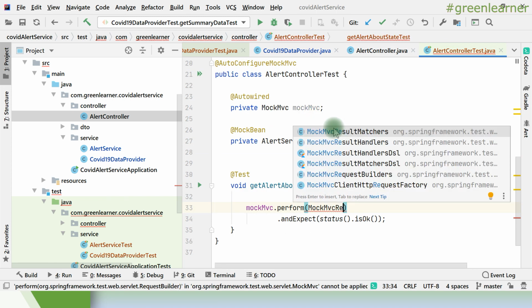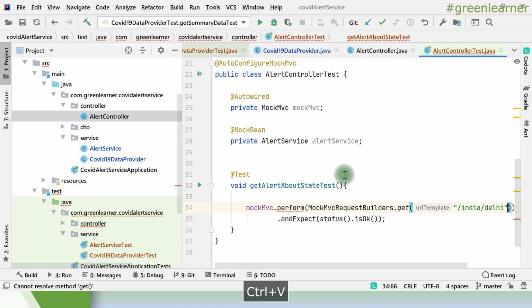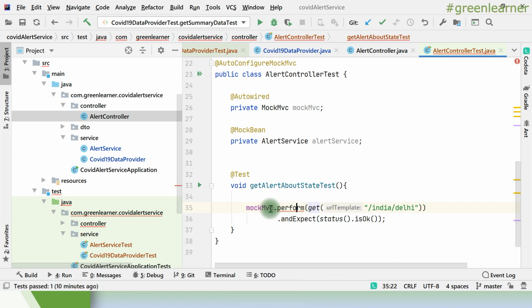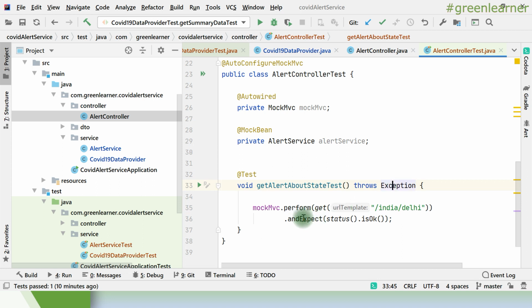MockMvcRequestBuilders, here it is. So here I'll be getting this get one, and here I'm passing the URL that I need, right? I can import the static part of this one just to make it more readable. It is throwing some exception here, so just throw that one, and I'm expecting the status as okay.